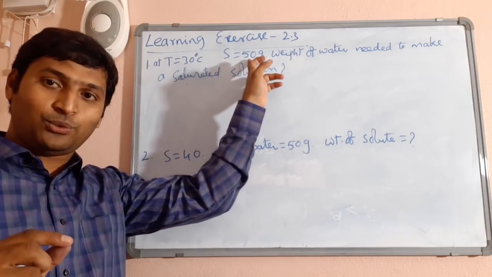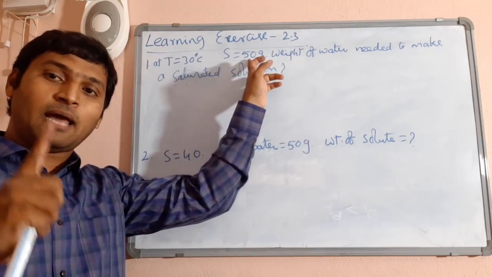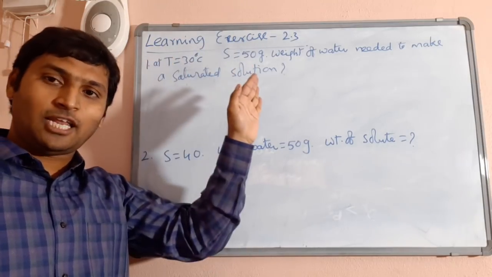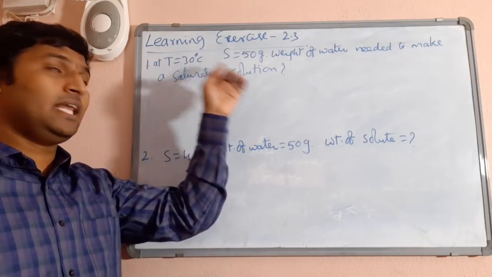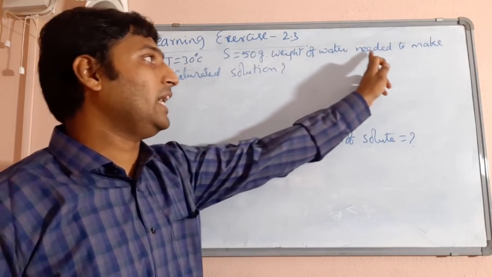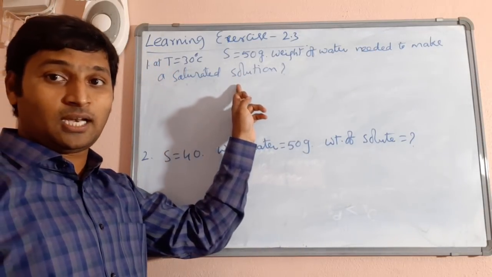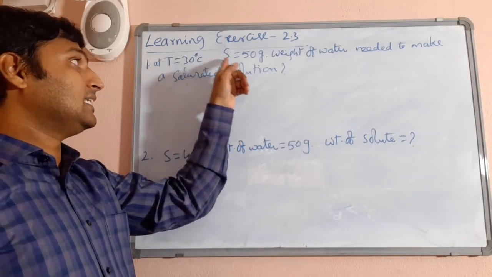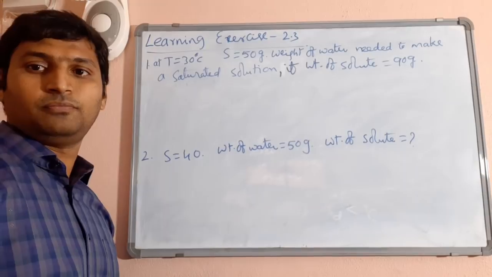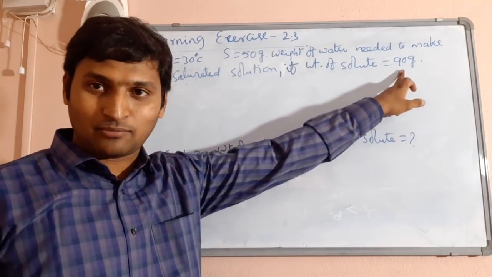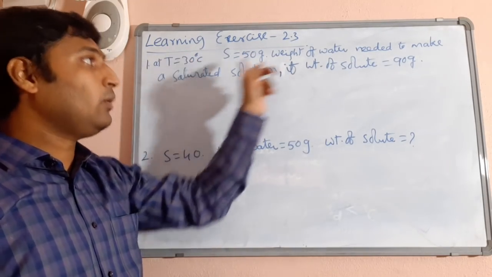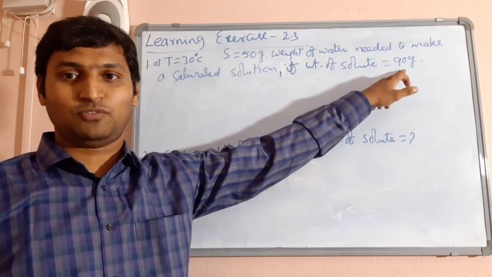Whether they mention it without units or say grams, they mean the number of grams per 100 grams. I have already told you many ways they express it, right? So when they don't give any units or give grams as the units, they mean the number of grams per 100 grams of solvent. So he is asking, what is the weight of water needed to make a saturated solution if solubility is 50 grams? So he wants to dissolve 90 grams of the solute and the solubility of the solute is 50 grams at this temperature. Now he wants the weight of water needed to dissolve 90 grams of the solute.